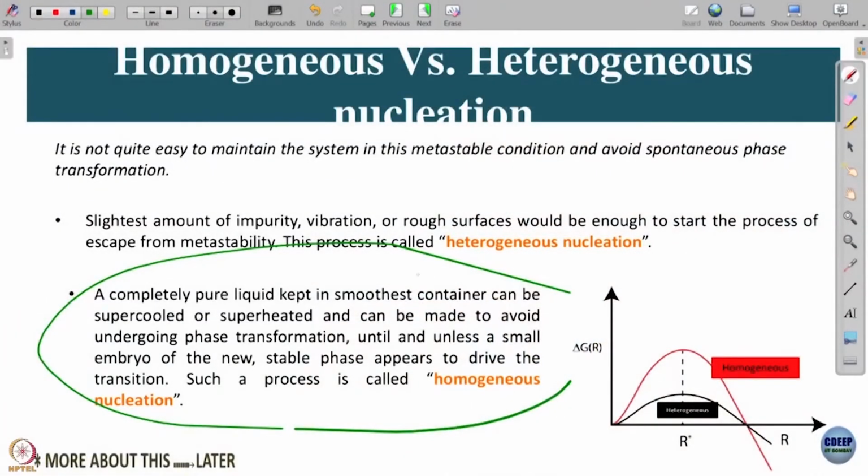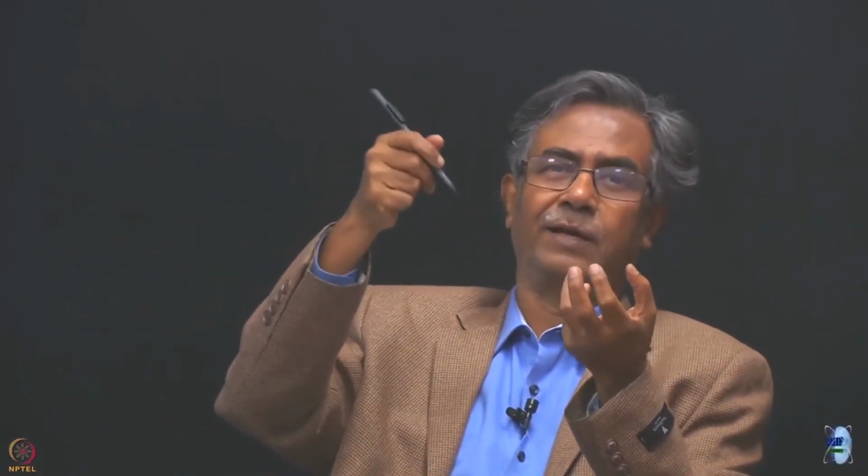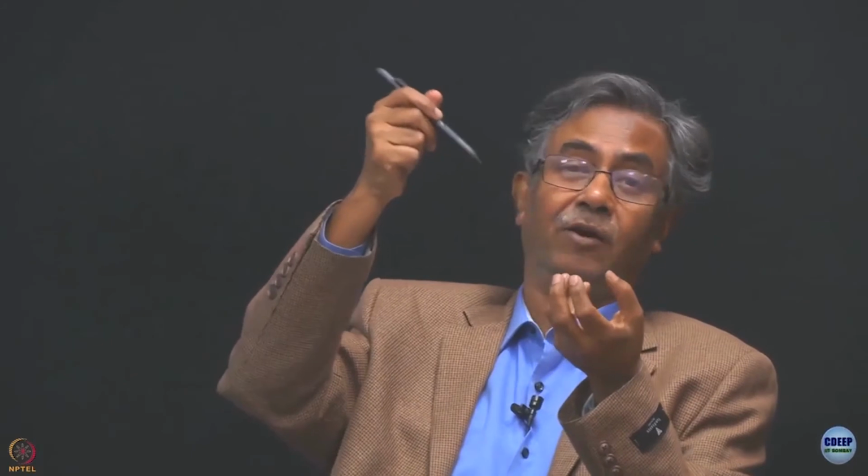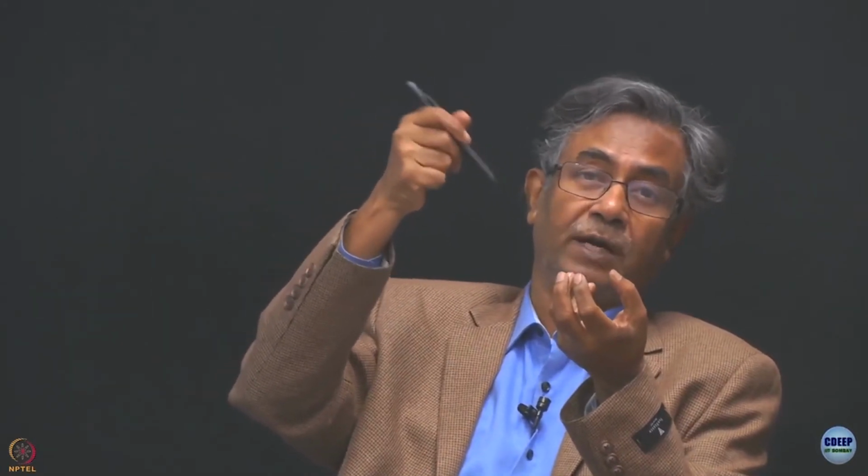So one interesting thing is that you might have done in physical chemistry experiments that you have supercooled it and you have the container below 0 degree centigrade. Now you scratch it with a glass rod, and many of us have seen that, or any liquid, and you can see crystallites appearing. So that is heterogeneous nucleation, and this is one of the telling and great examples of the role of surface tension.